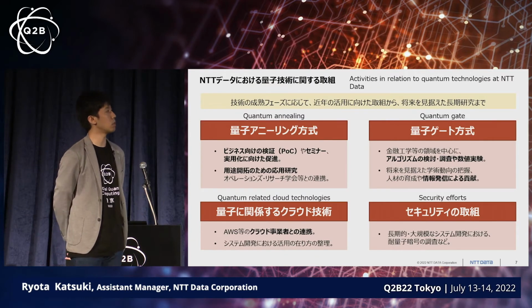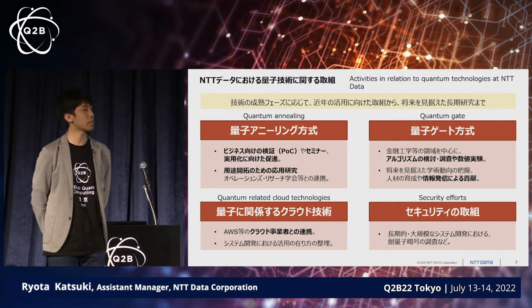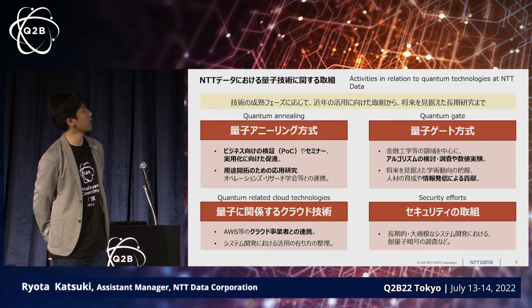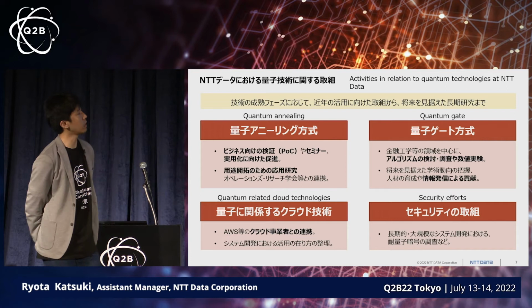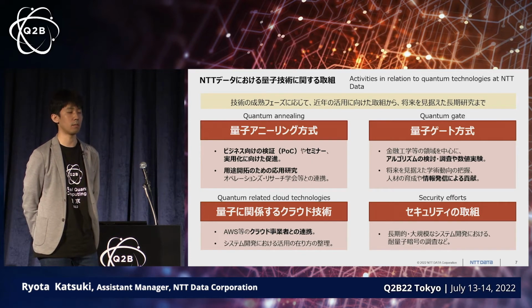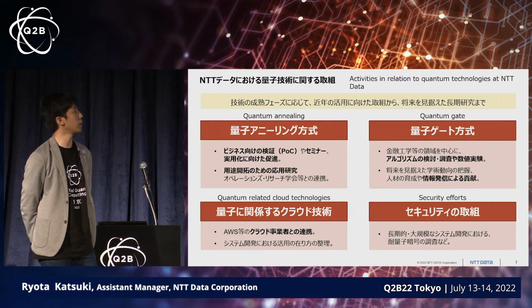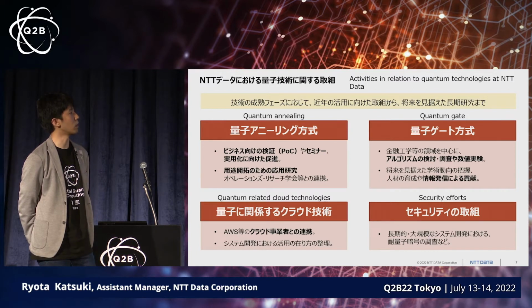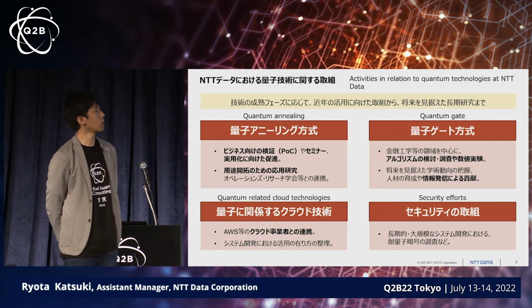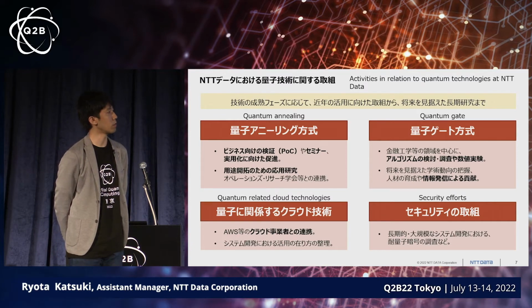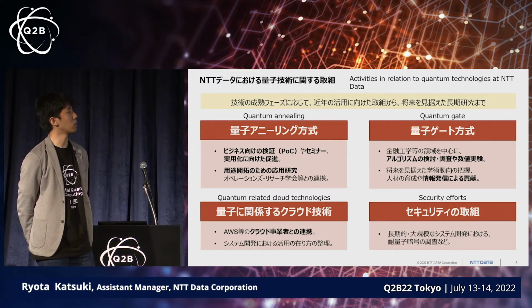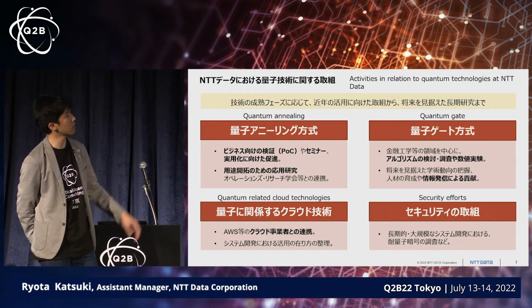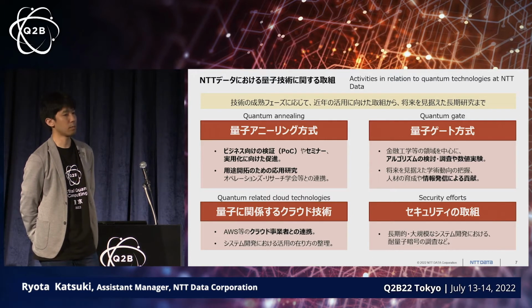Within the different phases or maturity of the technologies, what we do would be different. Here, I have listed quantum annealing, quantum gate, cloud technologies, and security. Quantum annealing is the area where we have long-term algorithm research, including publishing papers. Human resource development is an important aspect of new technologies, and when we find anything valuable, we publish papers so that we can eventually contribute to the area of quantum or gate-based quantum computing.